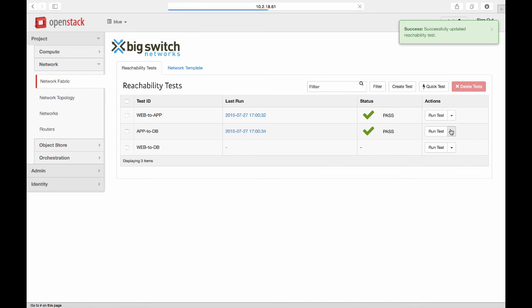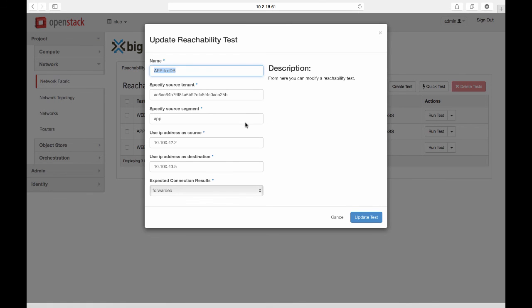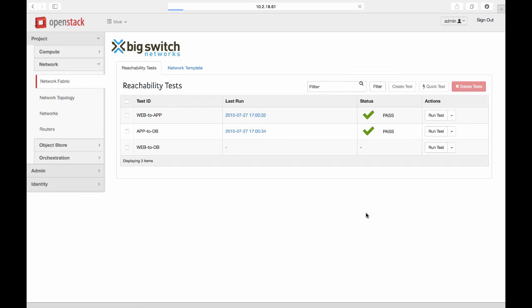This test path feature is also extended to OpenStack Tenant. Big Switch Horizon enhancements enables the test path feature to be used by the OpenStack tenant for any connectivity issues. They can run these reachability tests using the Horizon Reachability Test tab and understand the exact physical path traffic between the VMs take. As you see, this is the app to DB test, provide segment name and IP of source and destination VMs. Similarly, other tests, run these tests,